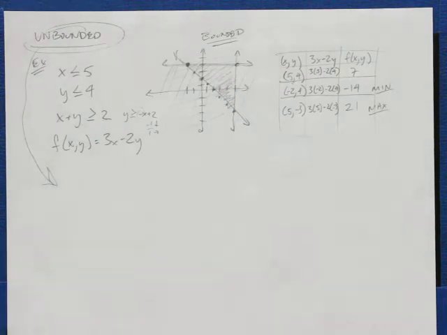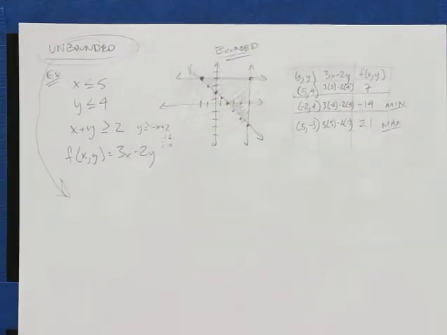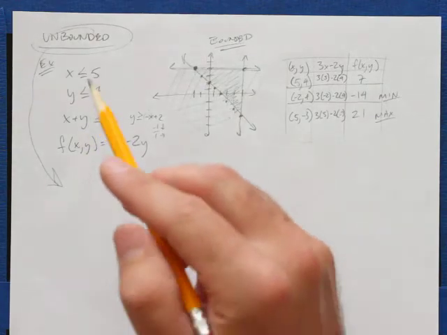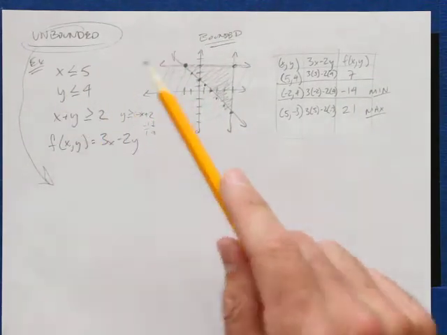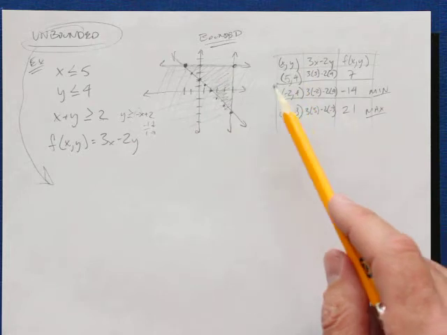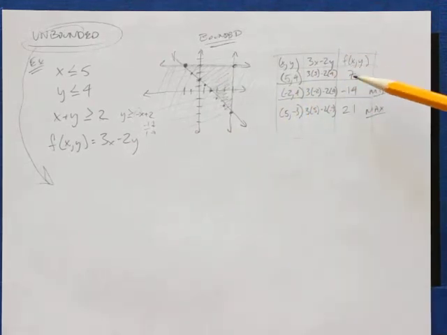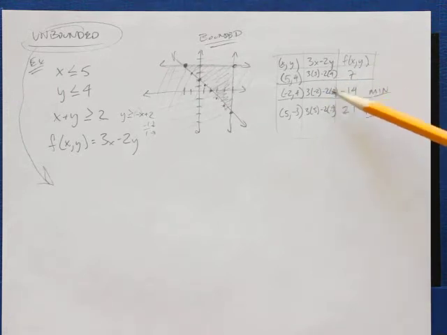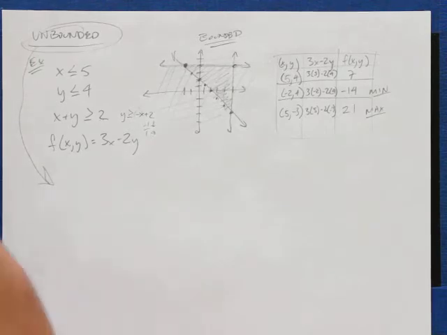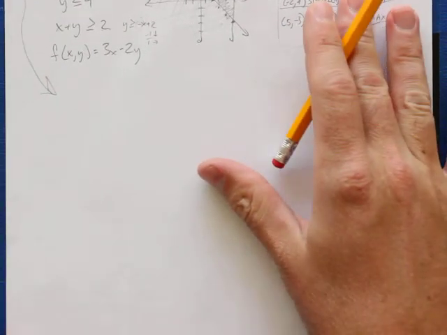All right, let's finish up 3-3 here with an actual unbounded problem. So we saw that this one was bounded, and then I filled in this chart here. Hopefully you did as well, and you can just check your work here, or check my work too, I suppose. But I think I've done everything right there. I found my minimum was -14 and my max was 21. Now, let's go ahead and do an unbounded